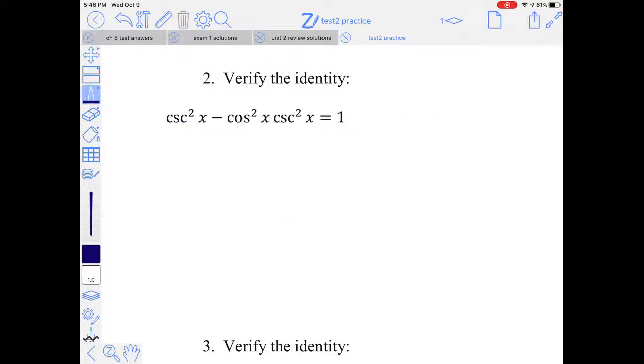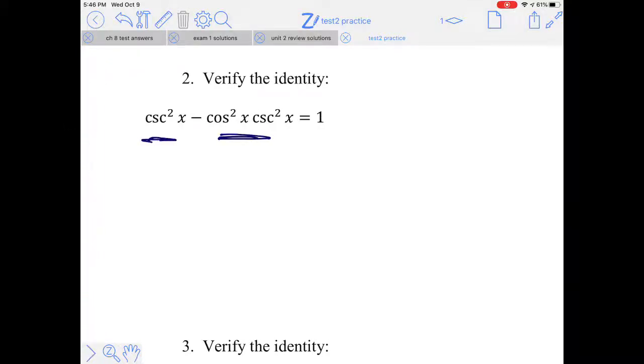All right, I need some ideas here. Give me some ideas. Factor, which side? The left. Okay, because we notice if we look at the left side and the right side, they both have a common term, and that's a useful skill to look at when we're trying to verify identities. It doesn't work on every identity, obviously, but it's quite common that you factor out a common factor. So if we factor out a cosecant squared from that left side,